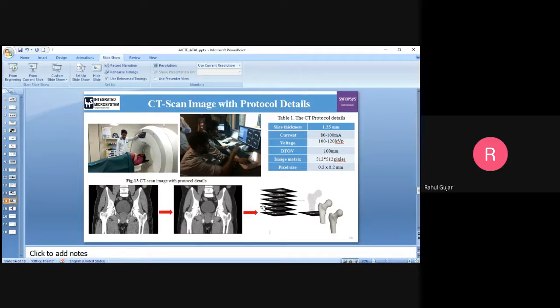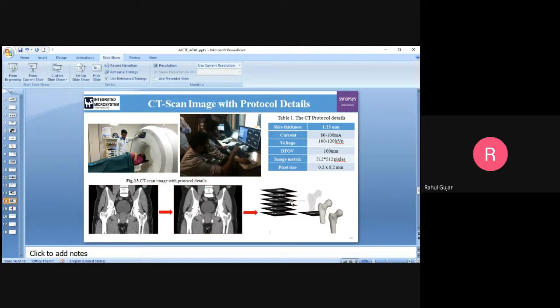Whenever you get the scan data from the hospitals, that scan data is available in the DICOM format, and the DICOM format provides a group of slices together. So maybe 400, 500, 600 or 1000 slices are there. If your slices are more, then obviously the resolution of the scan data is good, and you can do an in-depth analysis of the organ or the part for which you took the CT scan. You can study it very properly.